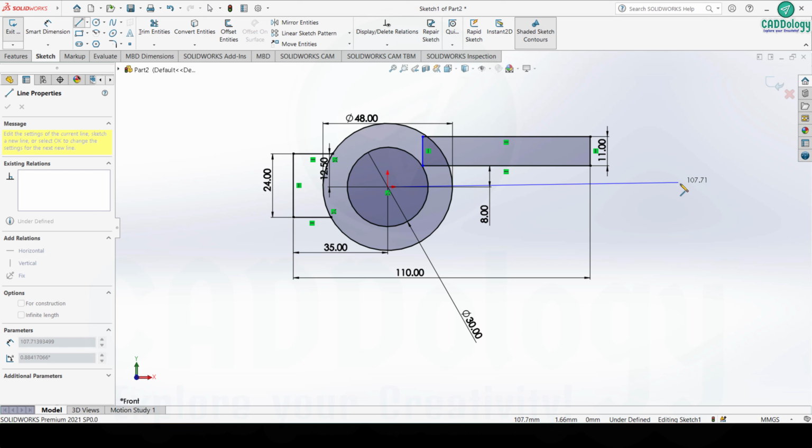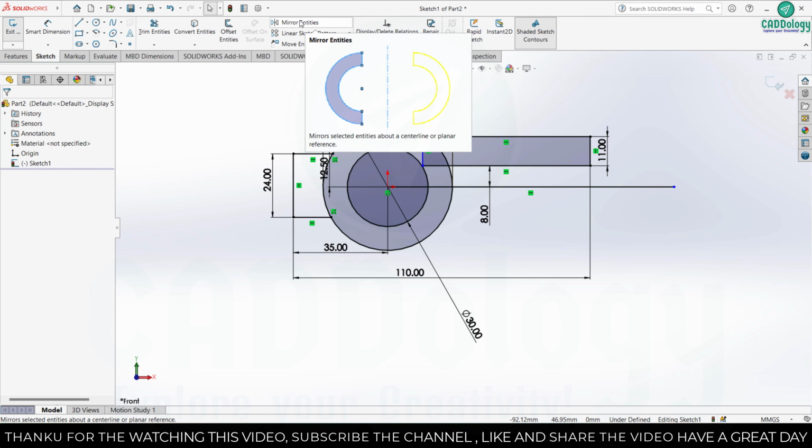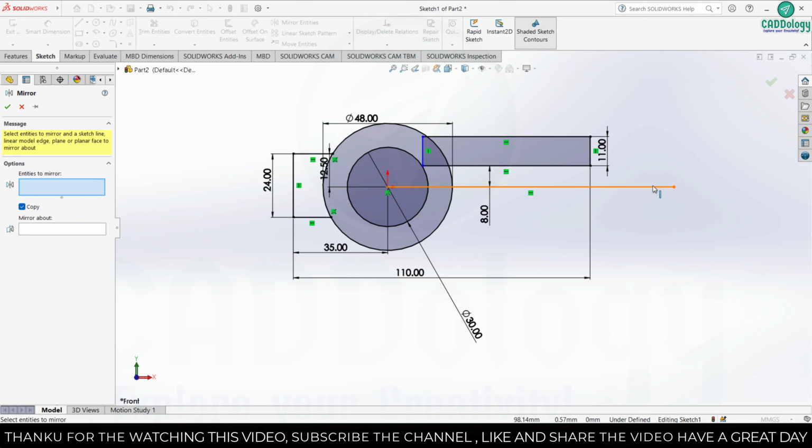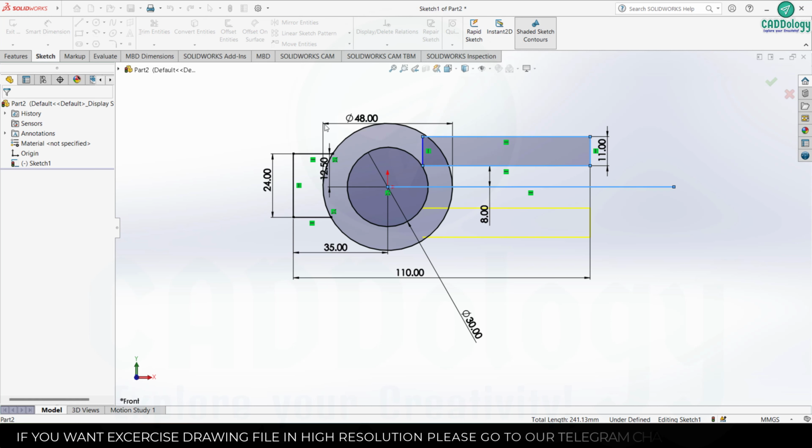And make a horizontal line for performing mirror command. Go for the mirror entities, select sketch to be mirrored and then axis,